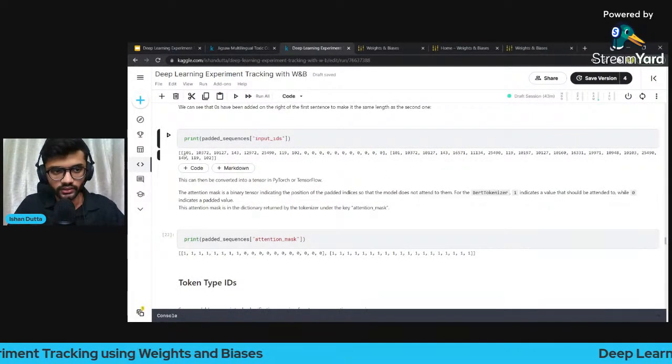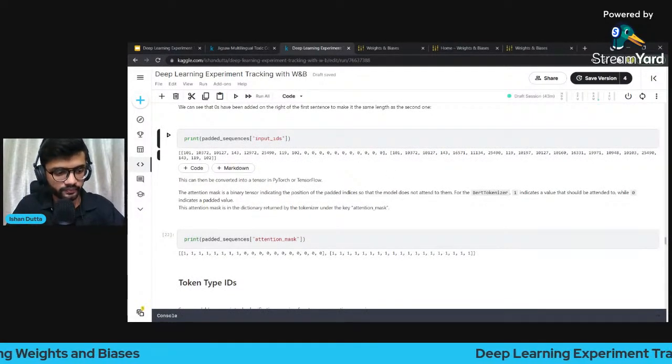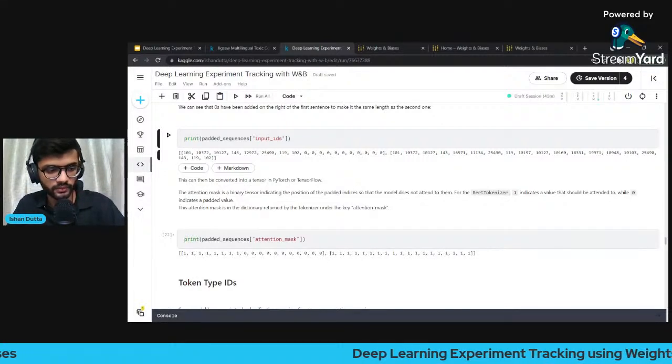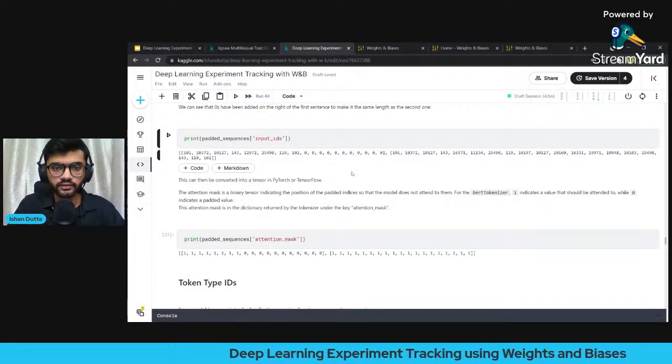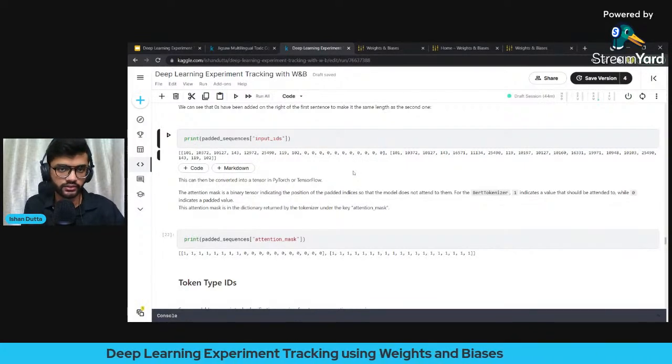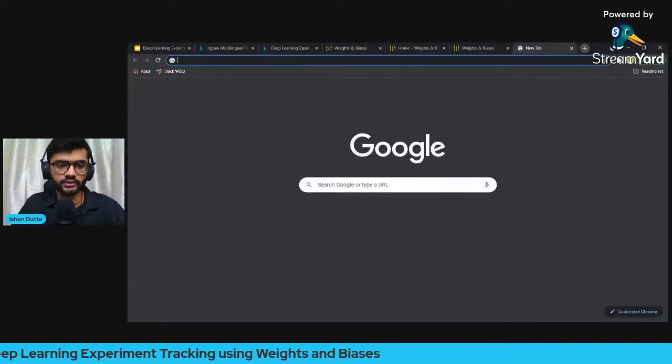Wherever the tokens, the numerical representations... Can you please repeat why we are padding extra elements? See, when you have to add two particular tensors together, right? Let me just